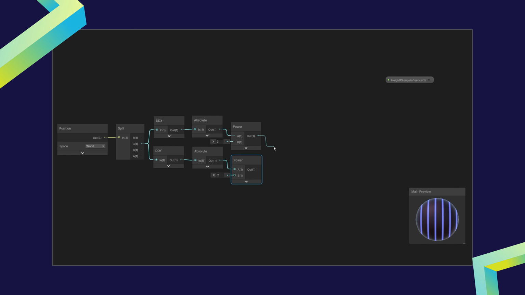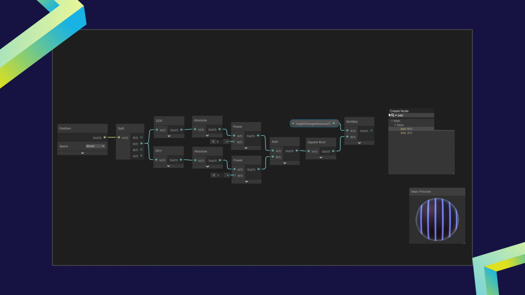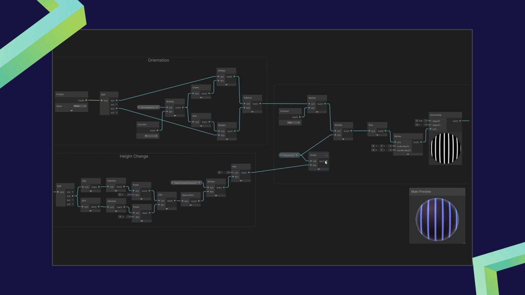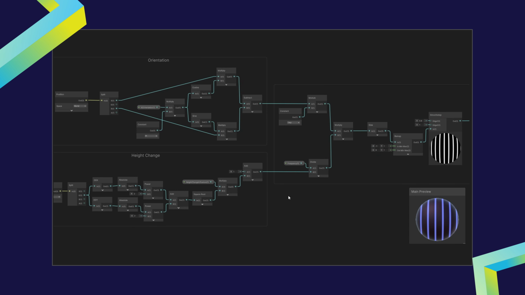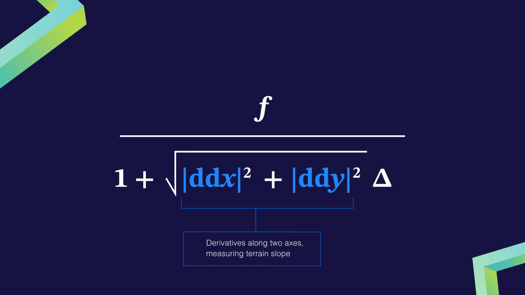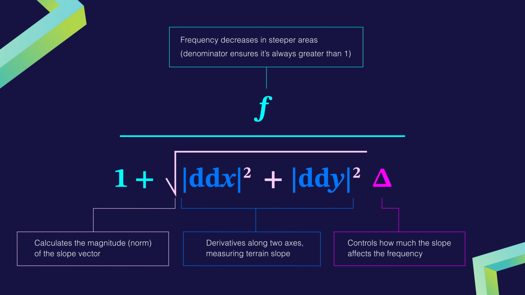We can enhance this by building on the previous math, adding another layer to make the oscillatory function even more customizable. It does feel like a bit much for this video, but I wanted to show it as an example of how you can keep refining the effect by stacking simple mathematical steps. Now, I'll flash the new formula on the screen. Hopefully that didn't feel like a jump scare, but don't worry, there's no need to dive into the details. Honestly, I don't think I could explain it fully anyway. The important takeaway is that this formula adjusts the density of the lines based on the slope of the terrain.